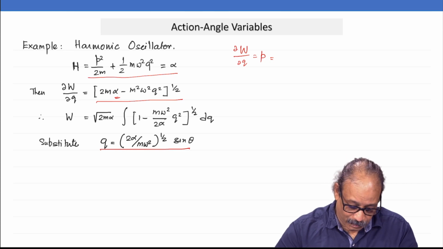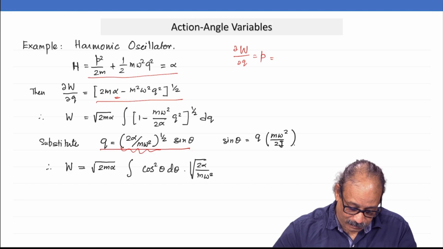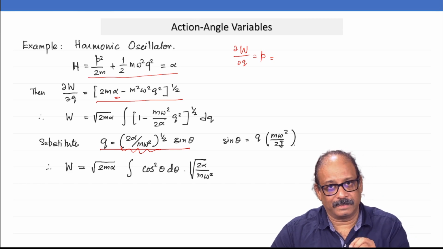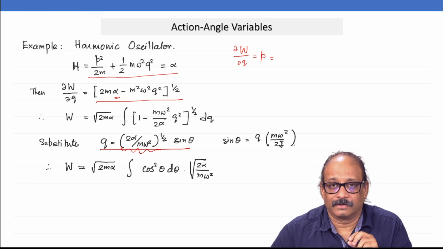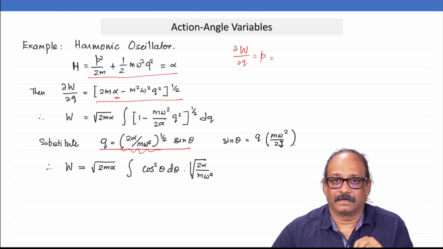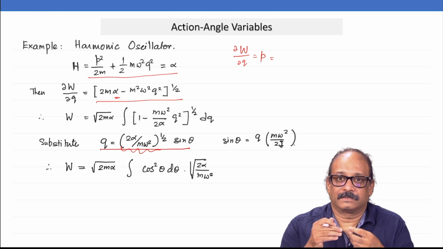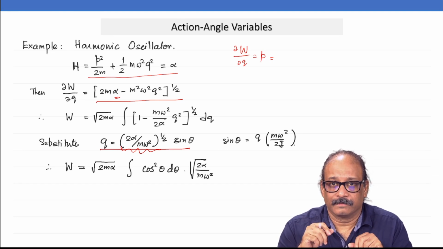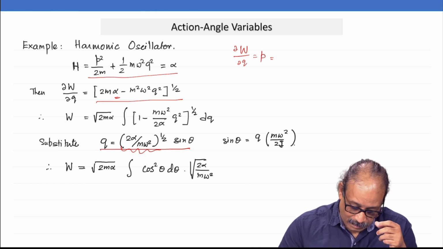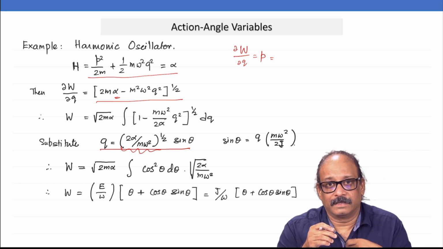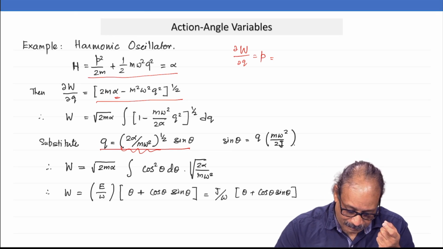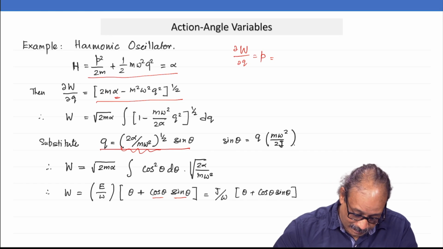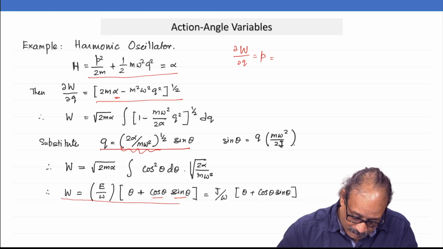Okay. So, integrate this, the same substitution will work. Q can be substituted by some constant multiplied by sin theta. Put it back into the equation and integrate for W. So, then it is exactly the same integral, only it is in the indefinite form. So, this one also will boil down to the integral of cos square theta d theta. Express your cos square theta as 1 plus cos of 2 theta by 2 and integrate two pieces, and then the cos of 2 theta will integrate to sin 2 theta. You express it again back in terms of sin theta and cos theta there. So, your W variable is this